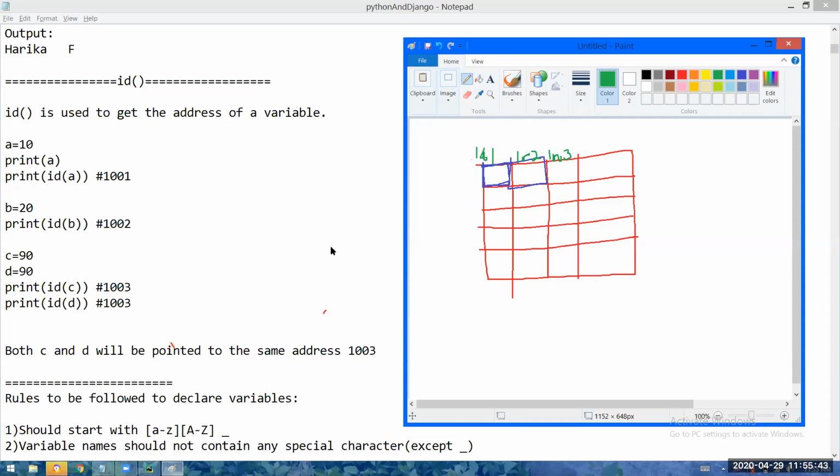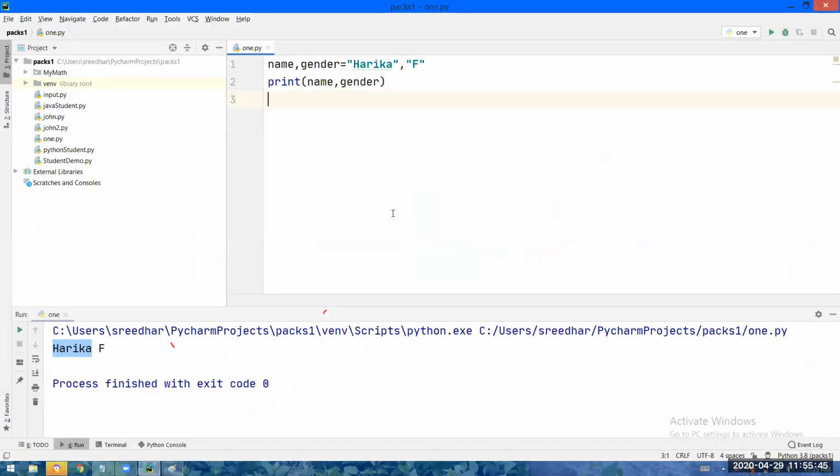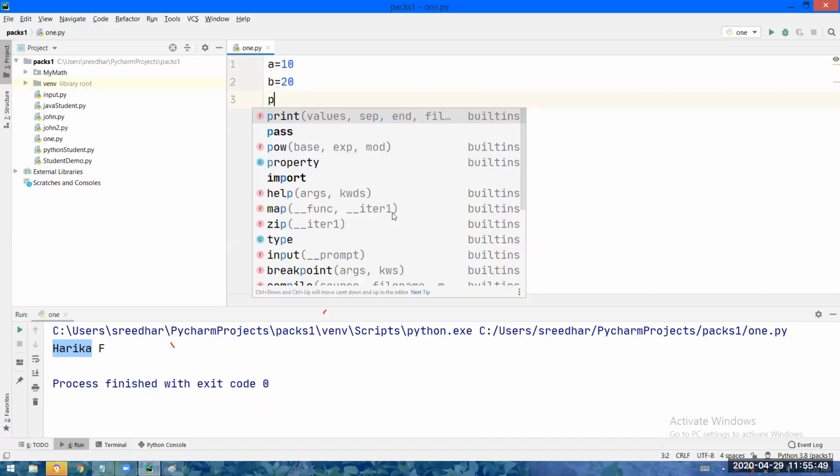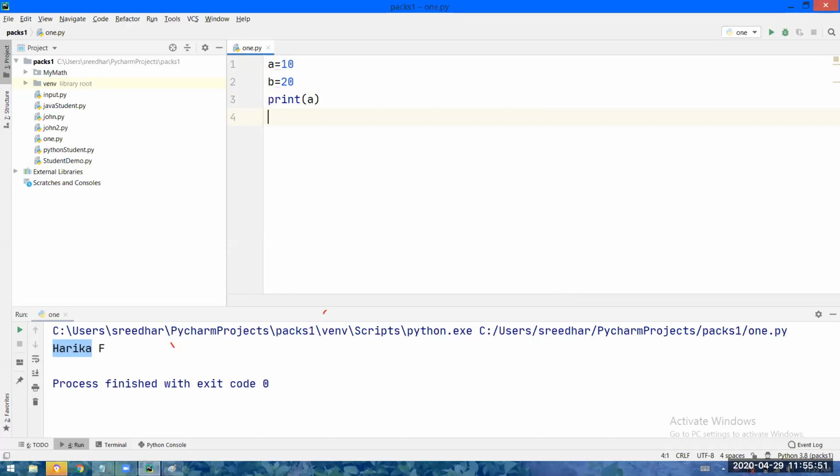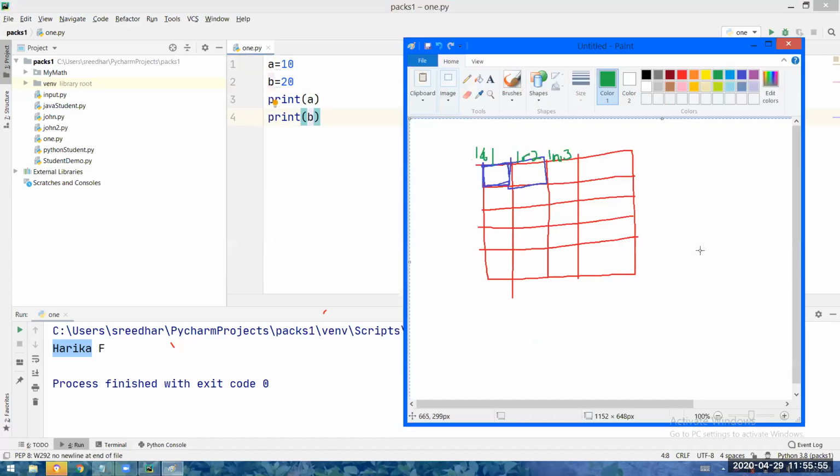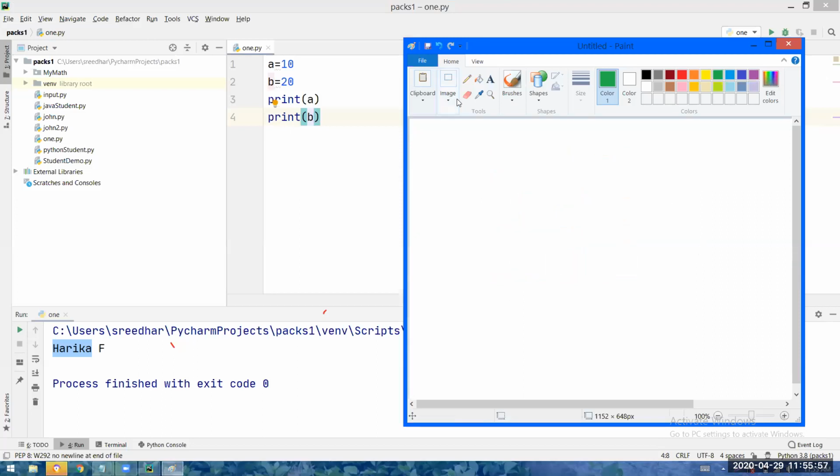Now, again, I am asking you a question. If I write A equal to 10, B equal to 20, print A, and print B, so, 1 minute. Initially what will happen? One free cell will be chosen, name A will be taken for that, and 10 will be stored in that.